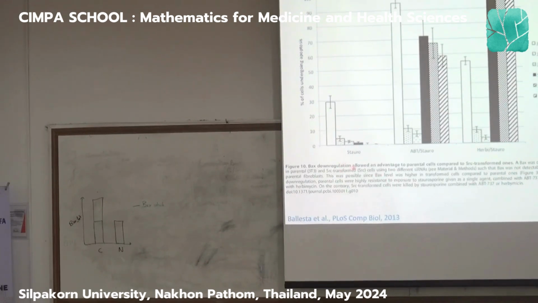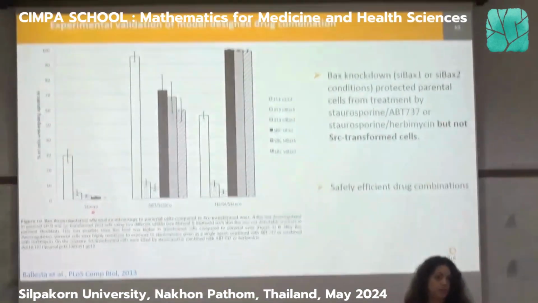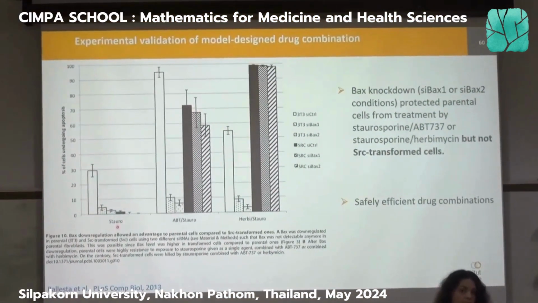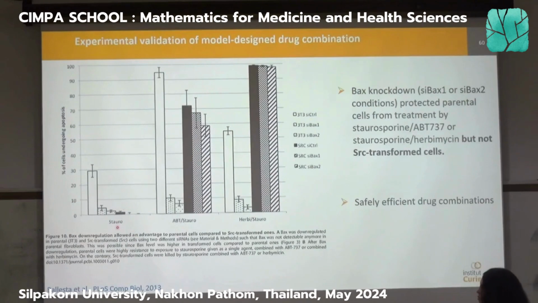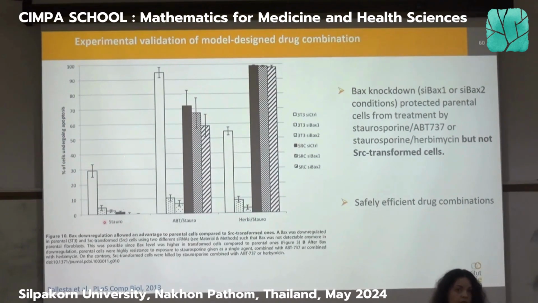So basically, if you just give staurosporine, you will have some deaths in the normal cells without the DAX inhibitor. But then, if you inhibit DAX, just doing that will make the healthy cells, the normal cells, resistant. So this is the first thing that we wanted, so that's good. So at the moment, just doing that, we know that inhibiting DAX can actually protect the healthy cells.